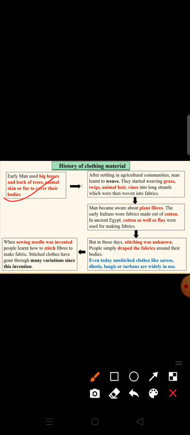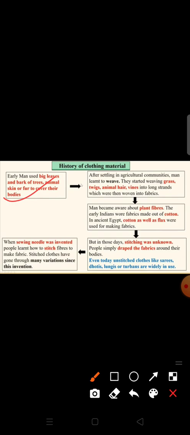And gradually, as the man's knowledge of his environment increased, there was a desire for more comfortable ways of living. And the most important discovery that led to a change in their pattern of life was knowing how to grow plants and how to grow grains. And this was the beginning of agriculture.